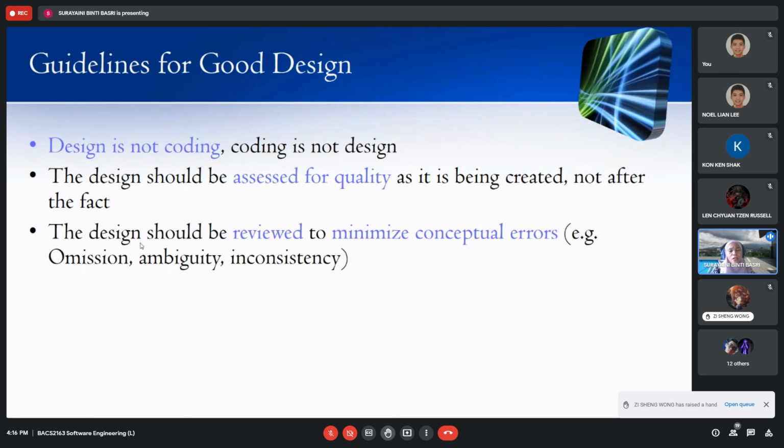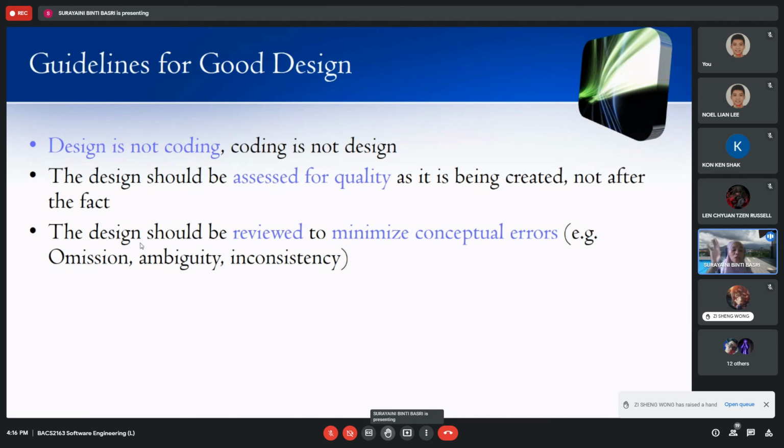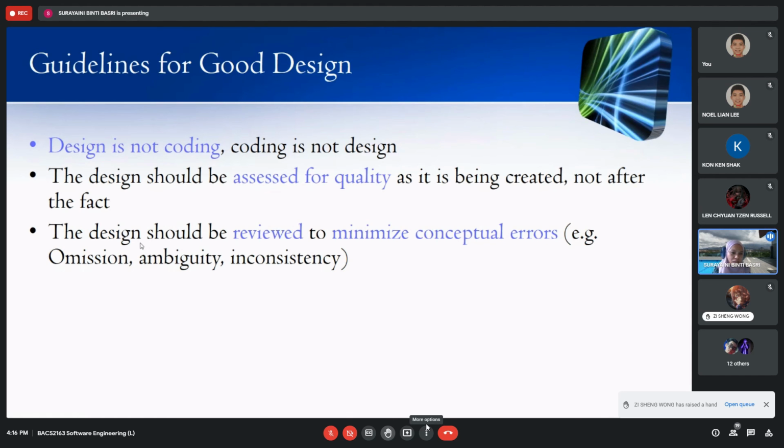So another person understands it differently. Ambiguity means one term or topic or requirement can be interpreted differently by different people because it is subjective. For example, like you say,